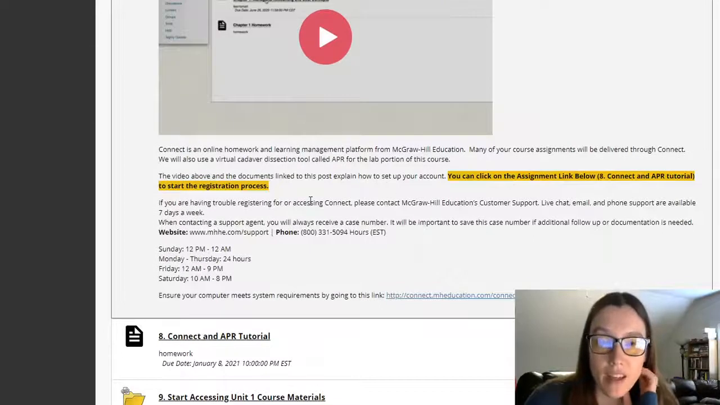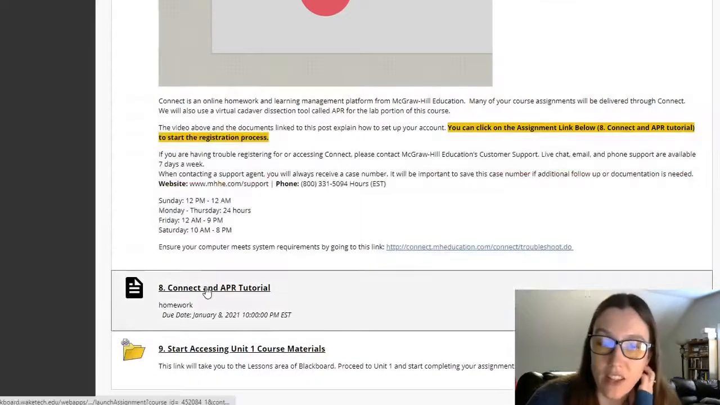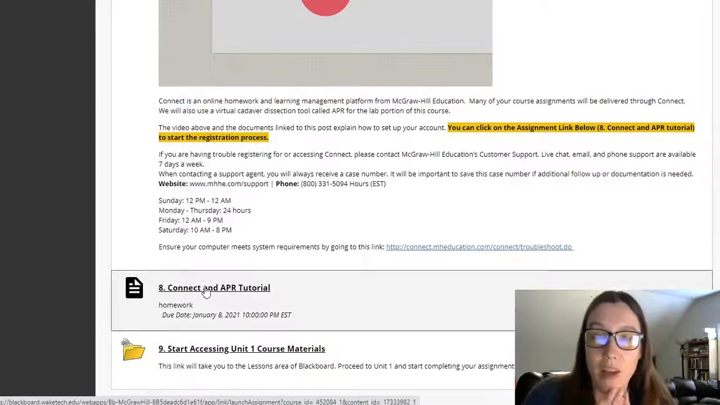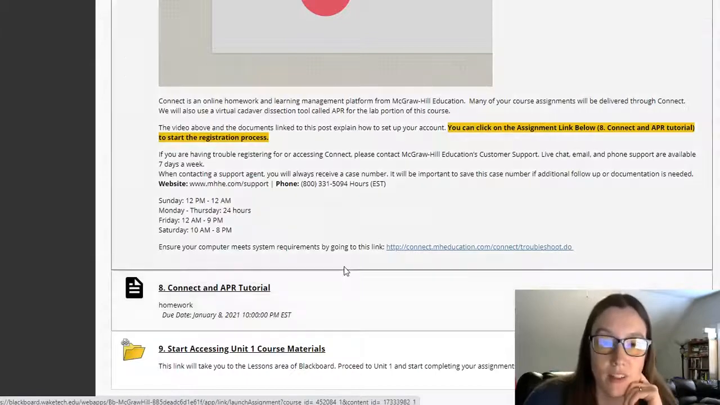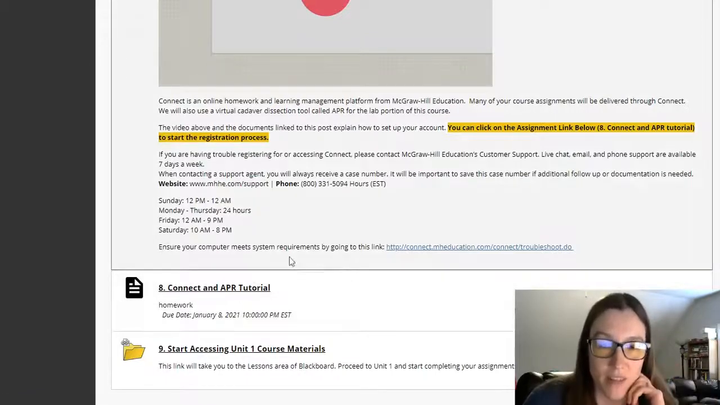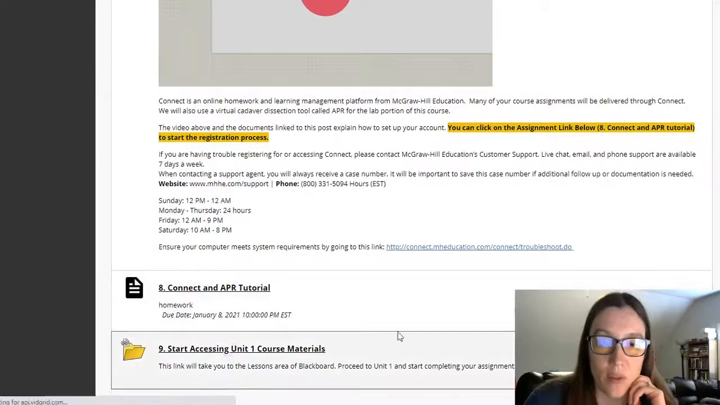Once they do that, the next thing they need to do is complete a Connect and APR tutorial. And this tutorial, once again, it's an actionable item. It makes them go through and do something in Connect to make sure they've done that. And so then I move them on to